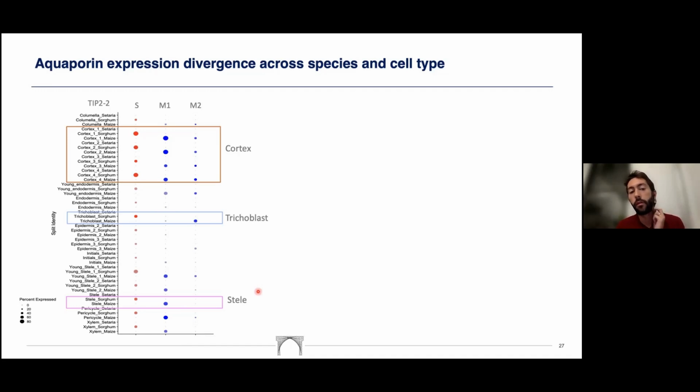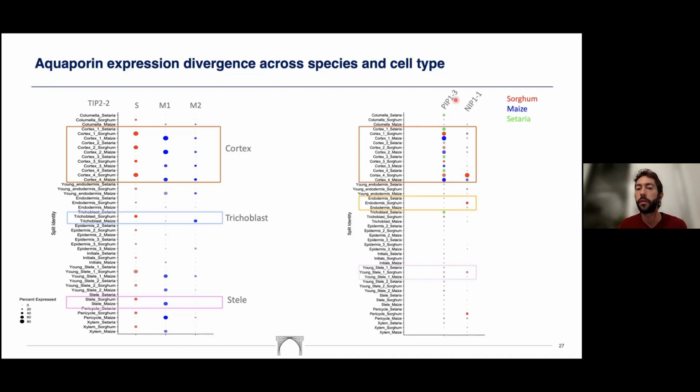And so we have several other aquaporins we're interested in. Some here, PIP1-3, are actually extremely well conserved across species in sorghum, maize, and Setaria. But other aquaporins, such as NIP1, are more specialized in sorghum. And you see here that NIP1 is only expressed in the sorghum endodermis, but not in maize or Setaria, similar for stele or pericycle. So we are trying to do some functionalization using different library lines and insertion